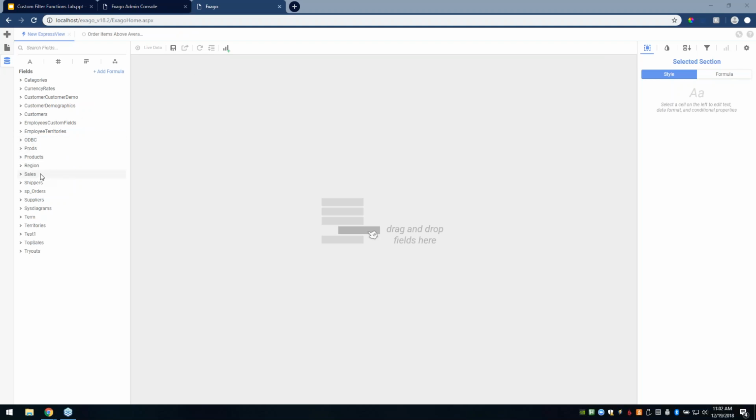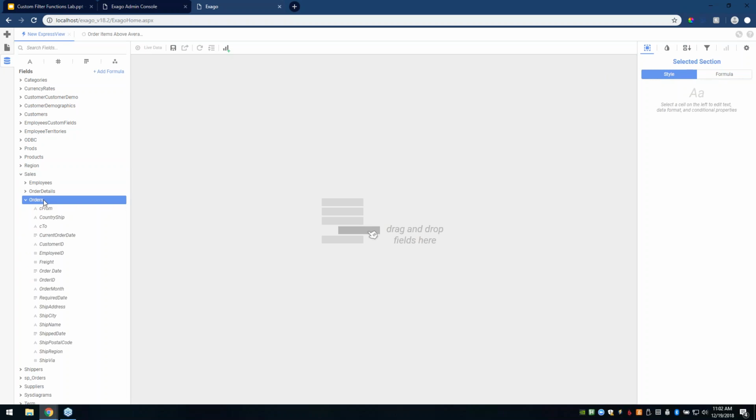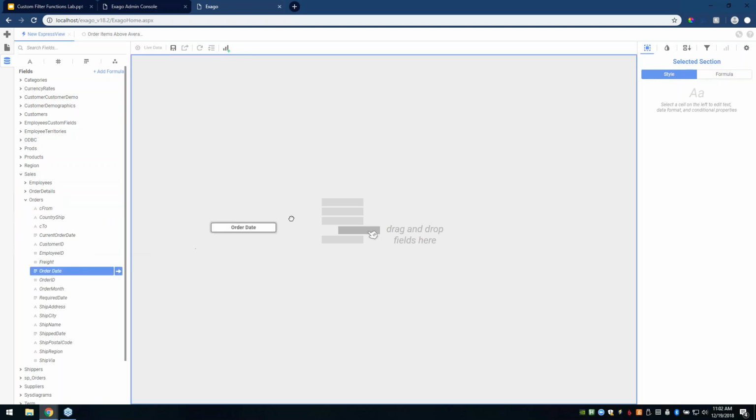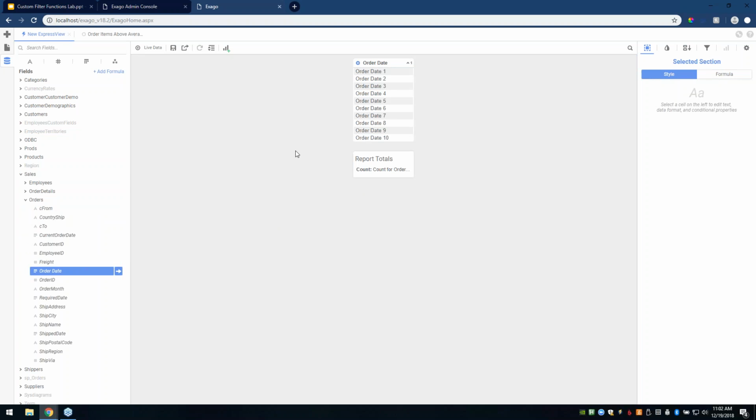So on our new Express view, I'm going to dig into my sales category. I'm going to open up this orders table. As some of you folks are fairly familiar, we're looking at North here. And what I'm going to do is drag this order date over onto my canvas, simulating the beginning of creating this Express view. And if I use my radial menu and I go to the right-hand side, that'll be what we are probably familiar with as using our standard filter capabilities. We can see here that now we've got this filter on our order date, and we've got this f of x icon here. Now, while we could certainly go in and manually specify the date with a calendar picker,